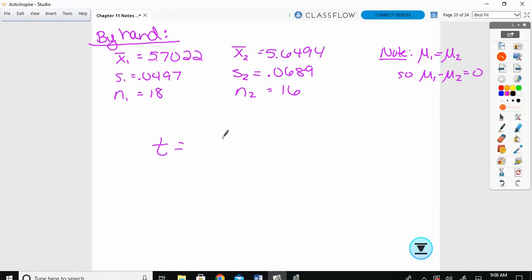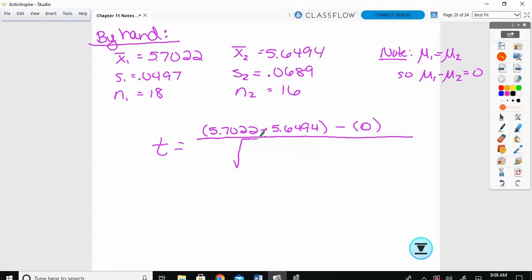So it says x bar sub 1 minus x bar sub 2. So the first x bar minus the second x bar minus mu of the first minus mu of the second, which we just determined our null hypothesis is that those things are equal to each other, so when you subtract them you would get 0,